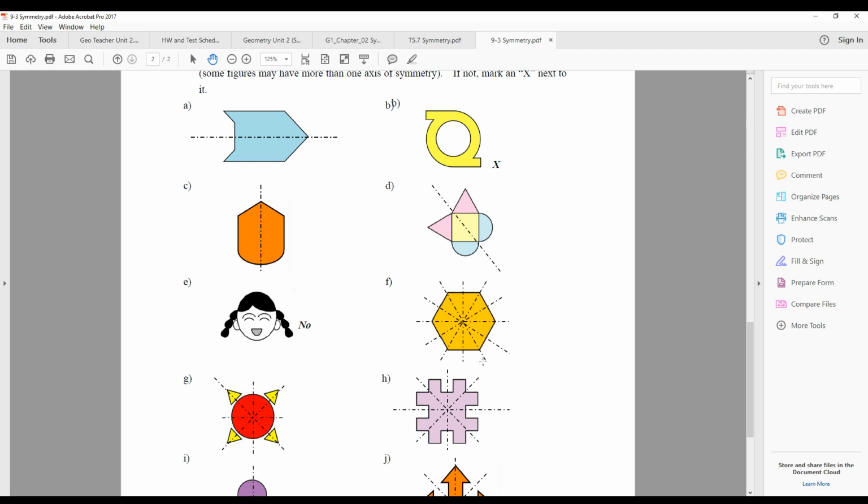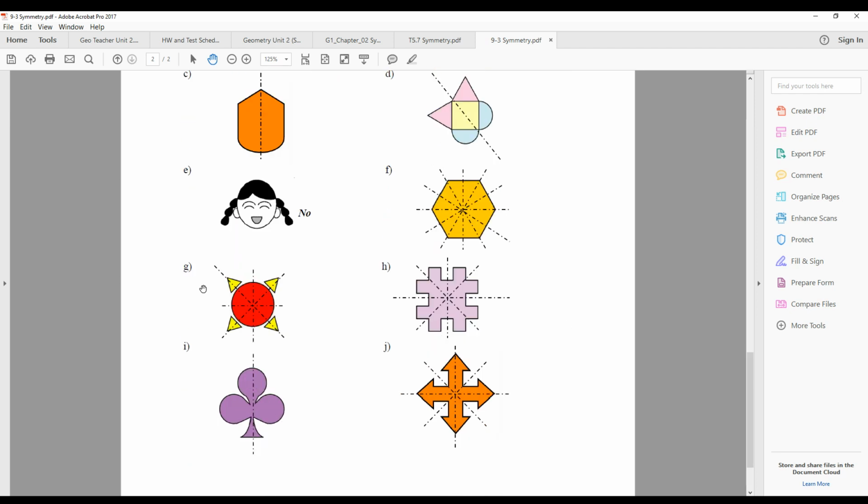Goodness gracious, this one over here has a bunch. Vertex to vertex, midpoint to midpoint. This is a hexagon, so it has 1, 2, 3, 4, 5, 6, 7. No, 6. 1, 2, 3, 4, 5, 6. It has 6 lines of symmetry. You got a nice little weird shape over here. The triangles have a line of symmetry, and then the circle that doesn't pass through the triangles do. So anyway,